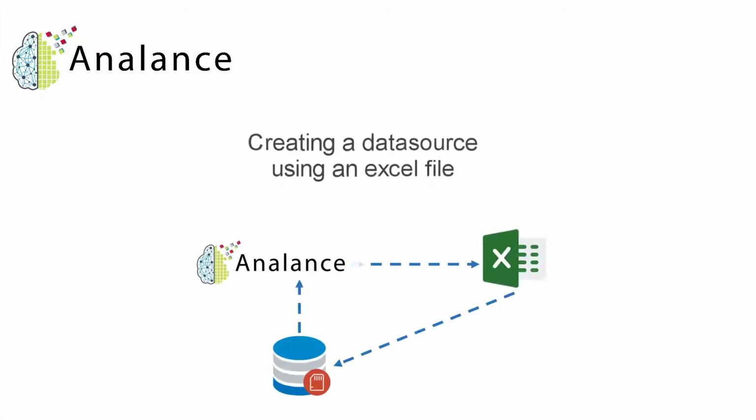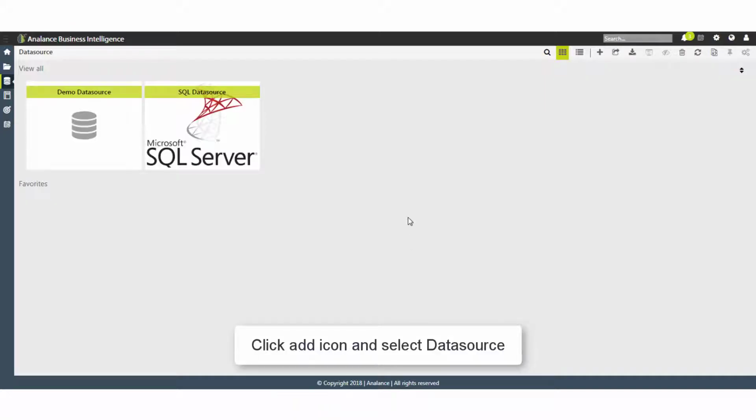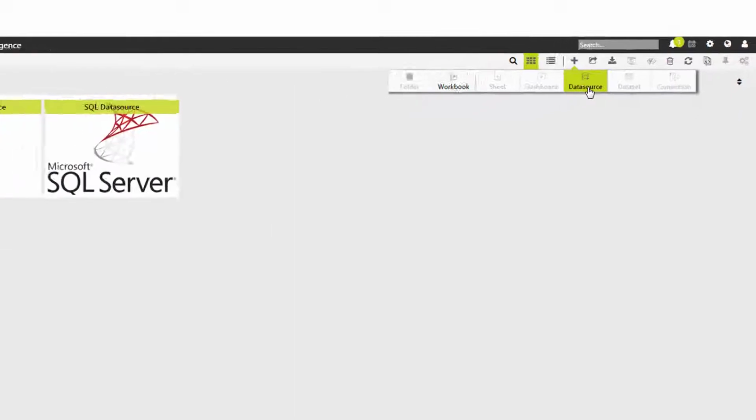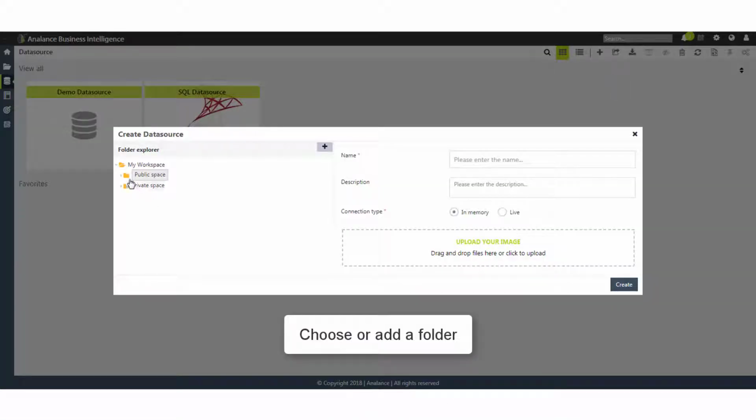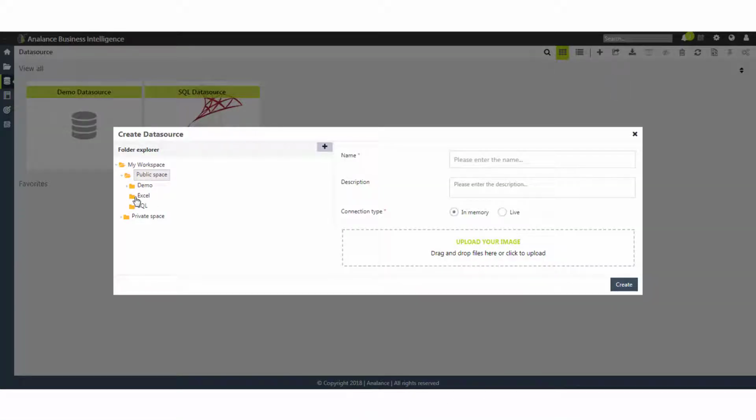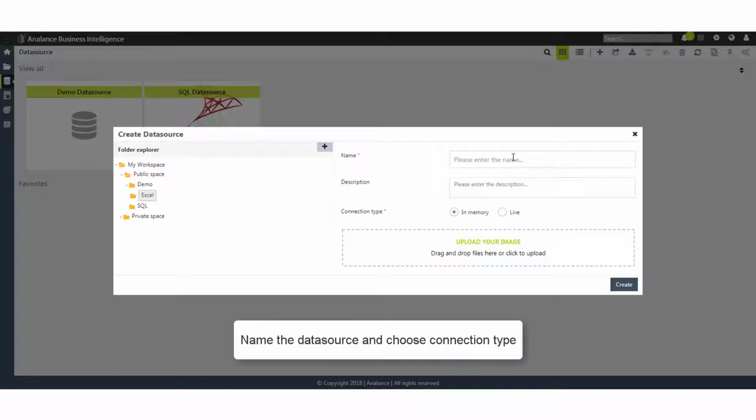In this video, you will see how to create a data source using an Excel file. Create a new data source, click the Add icon and select Data Source. And choose where you want to save your new data source. Give your data source a name